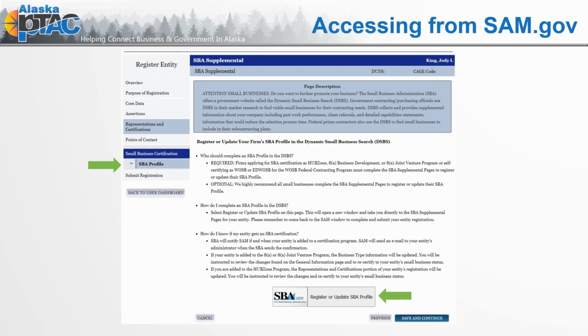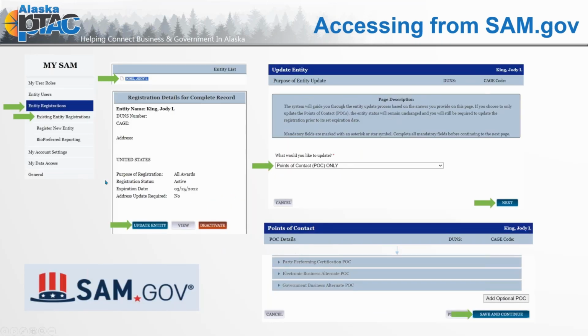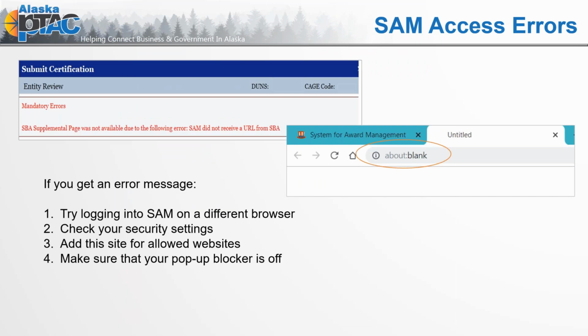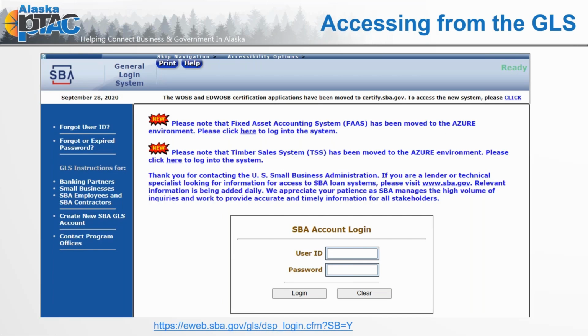I appreciate that. All right, so again, coming in through the SBA profile. Just as a refresher, you can log in, existing entity, go through, select points of contact only under whatever selection we're going to start from, click next. You're going to land on the points of contact page, scroll to the bottom, save, continue. And then when you get on this page, you're going to click register, update SBA profile. And if all is working well, then another screen will pop up